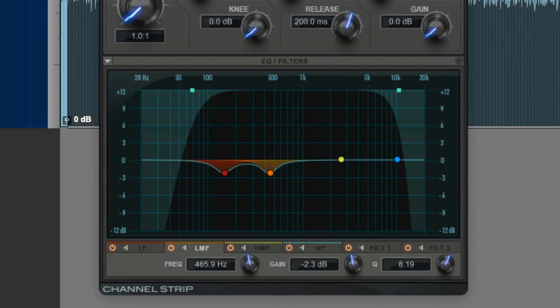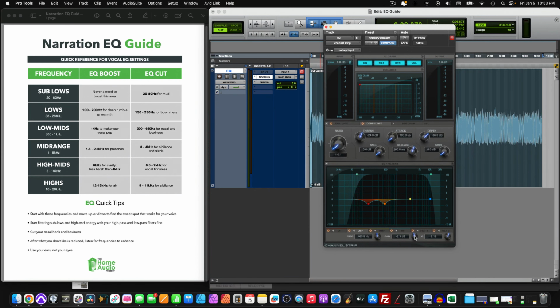And because of this area between 300 and 650 hertz, I actually don't like any of those frequencies that are around it. So I tend to widen out the Q to help clean up that area a little bit more. And we can reduce the gain even more to give some of that reduction, because inadvertently it's going to get